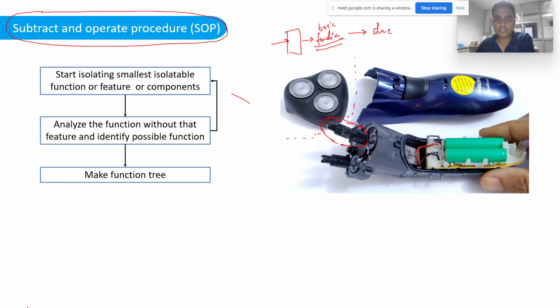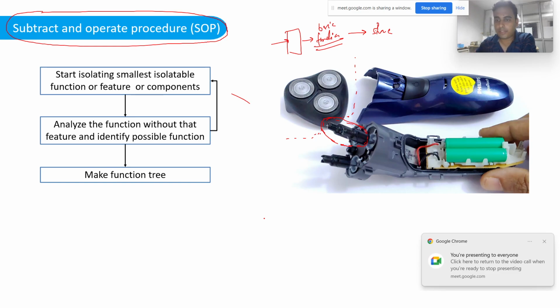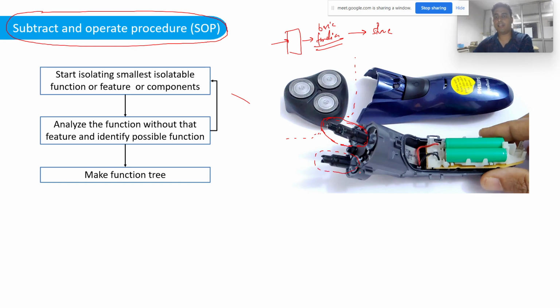In reverse engineering, we try to understand something technically complex by dismantling an existing product. So for example, this is a shaver, and what will happen if we remove this particular